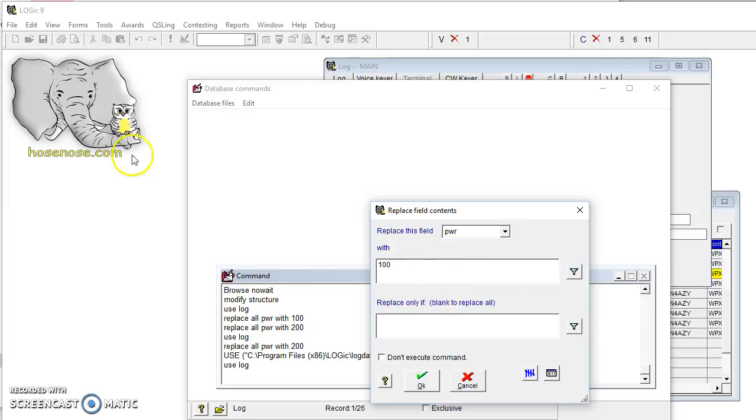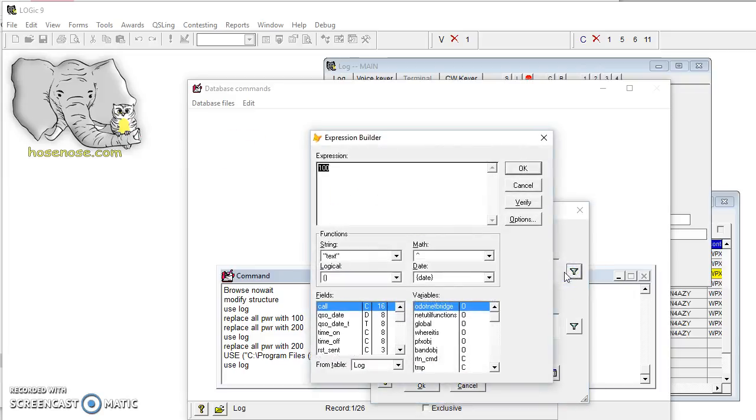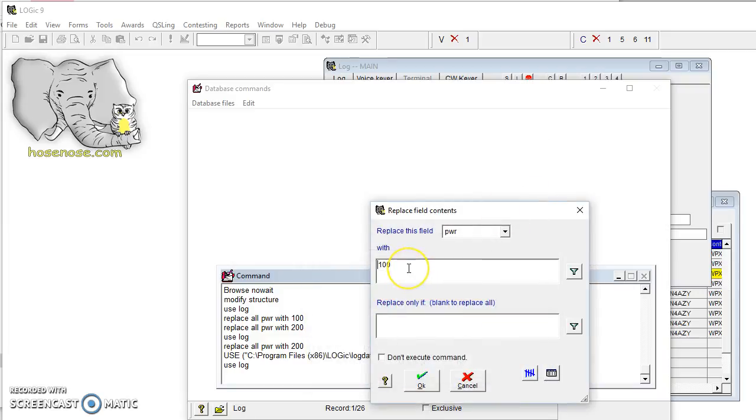But this is just a number. This can kind of help you out, but if it's character, put quotes around it. If it's not, don't. Okay, now I could go ahead and click here. It would replace every QSO in the log with 100 watts. That's not what we want,